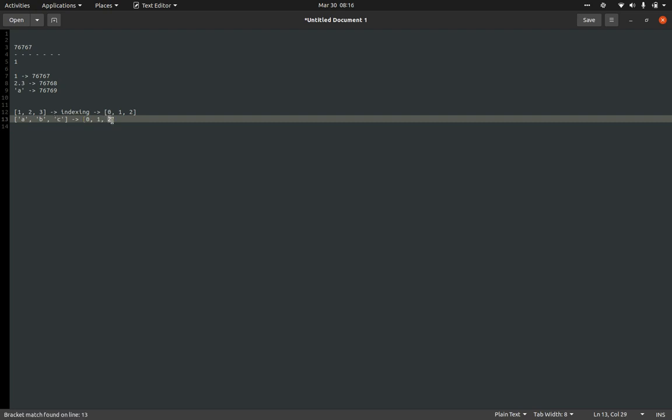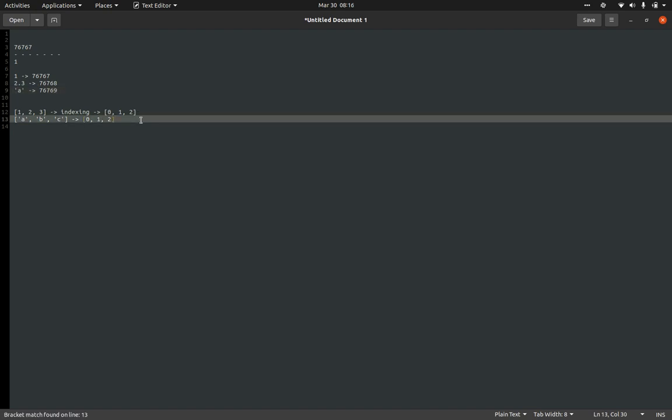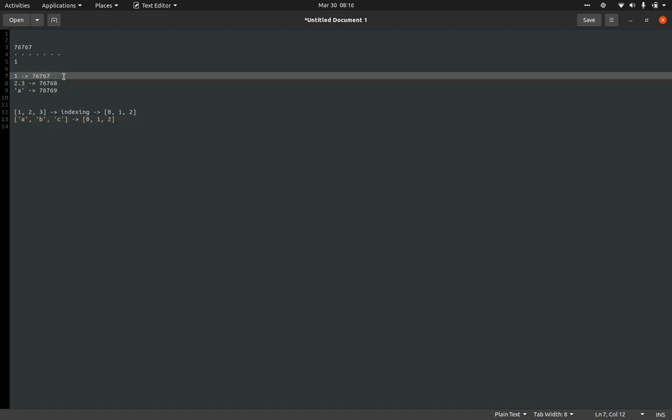Whenever you are giving an index, it will find the mapped address, okay, and based on the mapped address it will find the element, right. So vice versa, right. So basically the difference between the storage of simple data types and data structures will be like this, okay. Simple data types will be directly mapped to the address without any indexing, okay. Whenever you are using that variable, it will directly reference the address of the memory and fetch the data, okay.